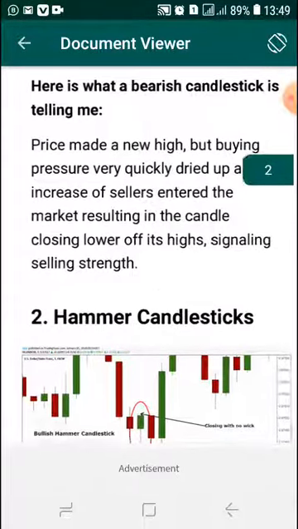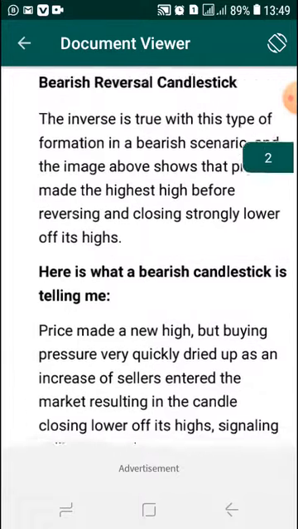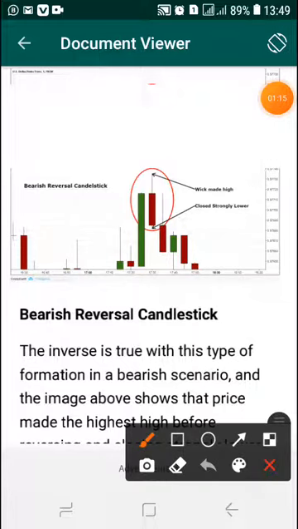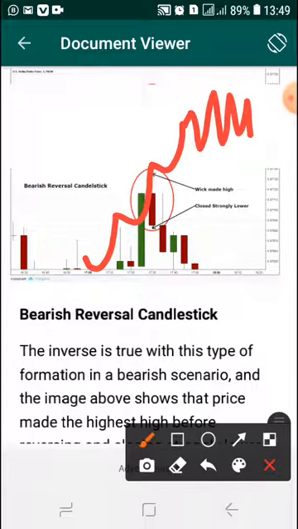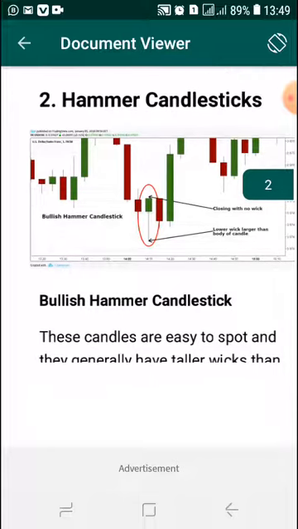Price made a new high, but buying pressure very quickly dried up as an increase of sellers entered the market, resulting in the candle closing lower of its highs, signaling selling strength. As you can see, the market was going up, right? And somehow the sellers started interfering and they started to take control of the market, and then they took the market to the downside. This is what happened. So let's move to the second one,